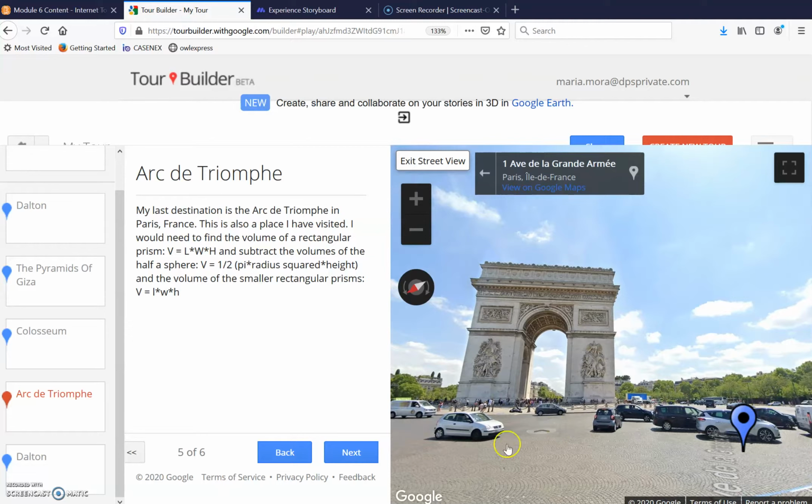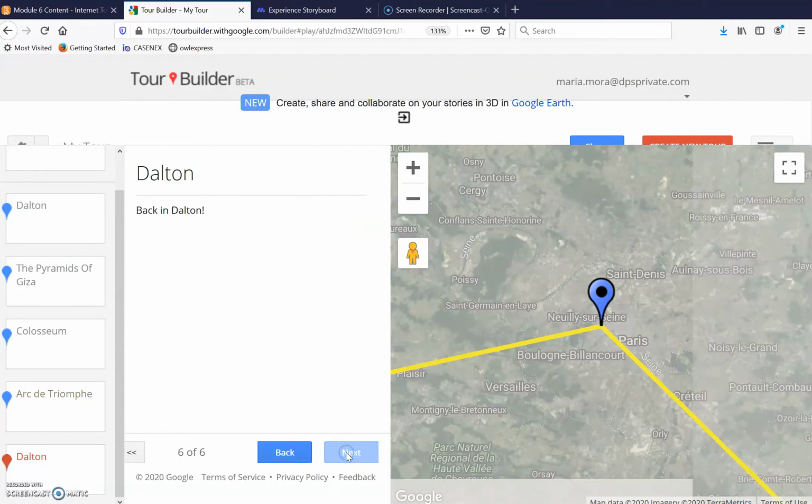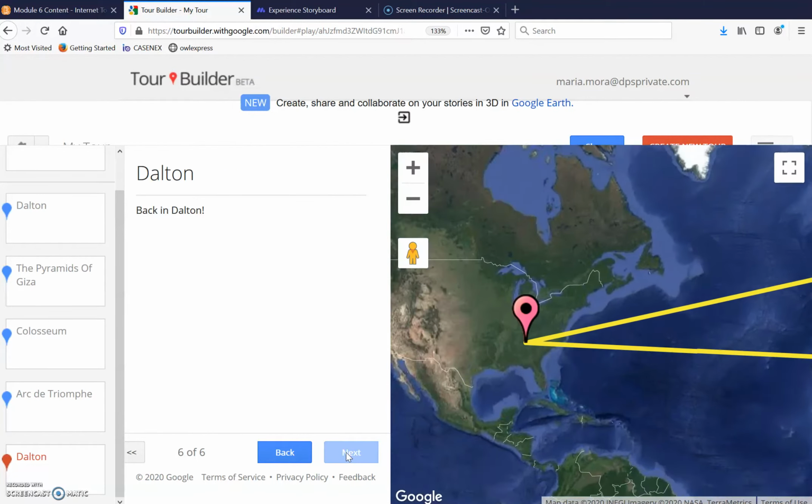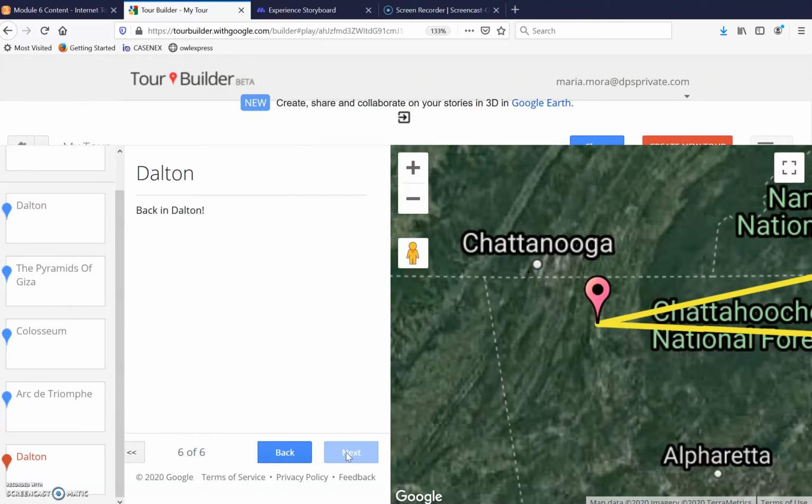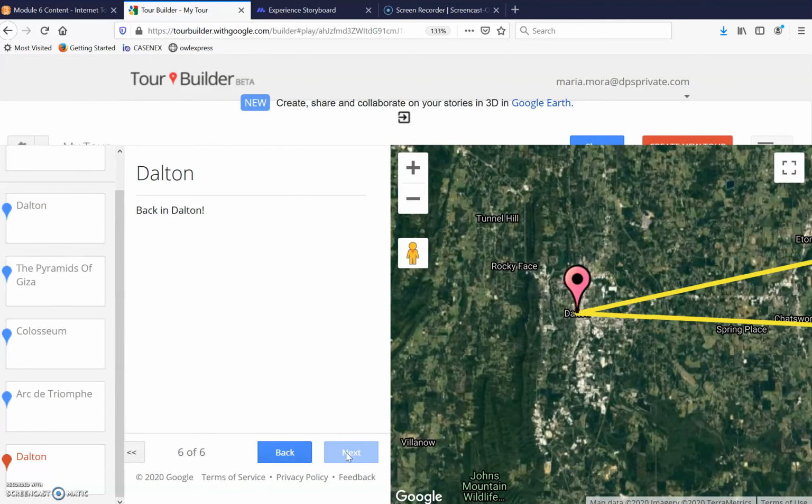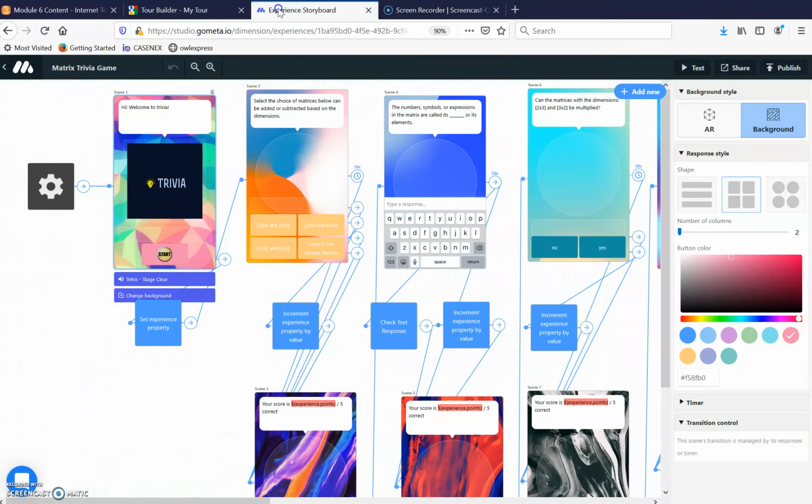So in this activity, I wanted students to travel to different places of the world that, like I said, they had either visited or wanted to visit, and make some connections with the historic landmarks and buildings to various three-dimensional shapes. So the next virtual environment tool that I worked with was the Metaverse, and this was probably